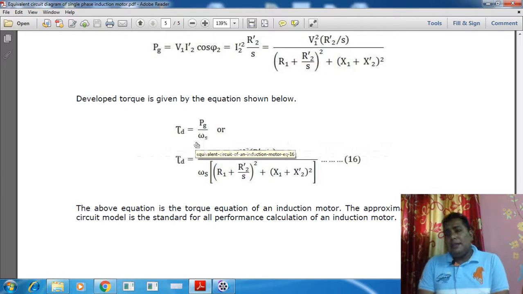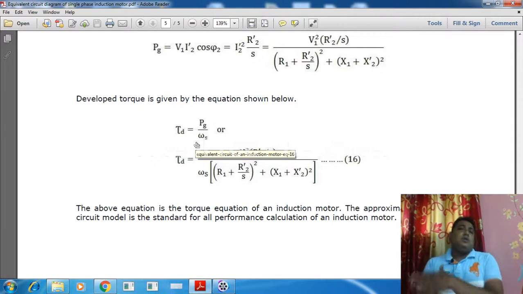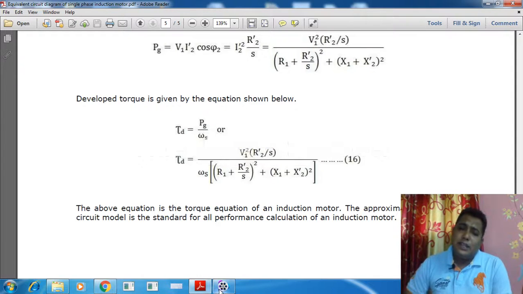Whatever we have discussed before is the equivalent circuit diagram. First we have to derive the equivalent circuit diagram. First we have to see what the stator model is and what the rotor model is. Then we have to convert either stator to rotor or rotor to stator, so that we can find an approximated equivalent circuit diagram of the induction motor, and that's why there is a little change in the resistance value when we are transferring. Okay, this is all for today. I think you are now able to understand. Okay, thank you.